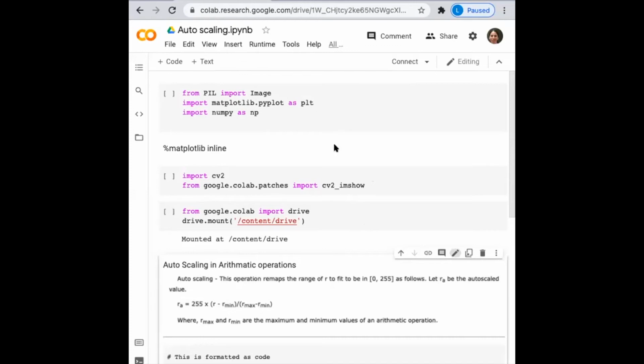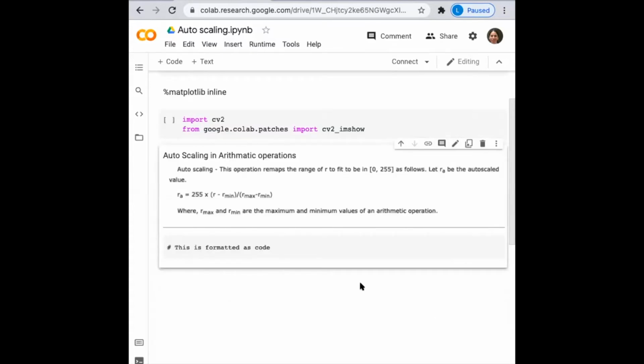So this auto scaling we are going to do in Colab using Python. It is required for various arithmetic operations where your output might go beyond the range of 0 and 255. Here we are starting with the typical commands that we need for image processing using Python. For the auto scaling in arithmetic operations, we saw this